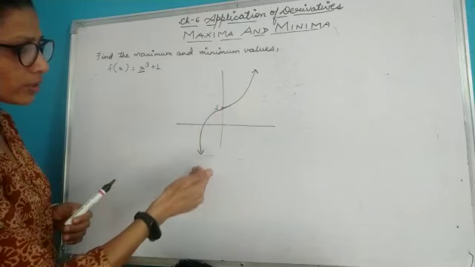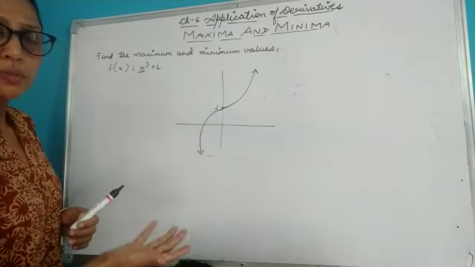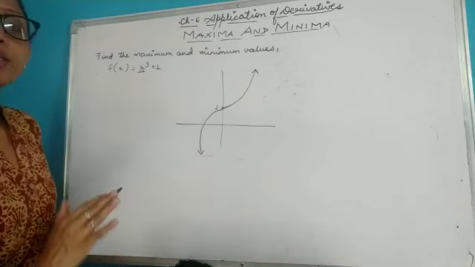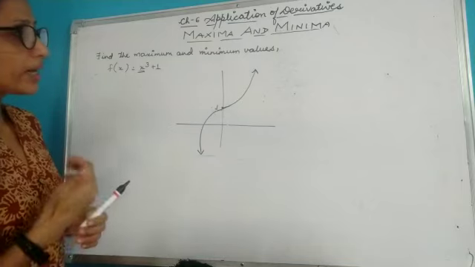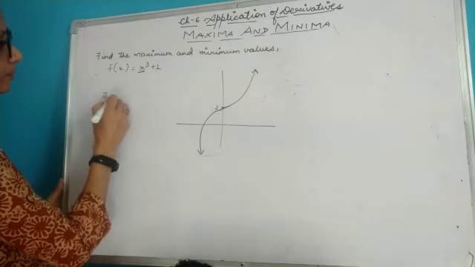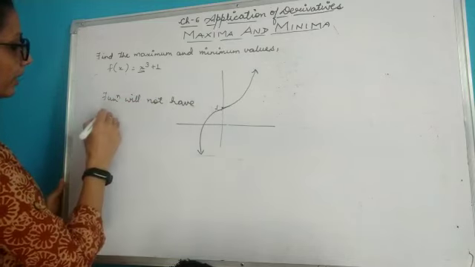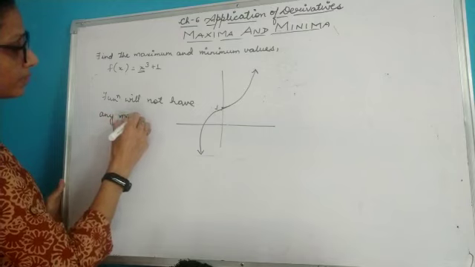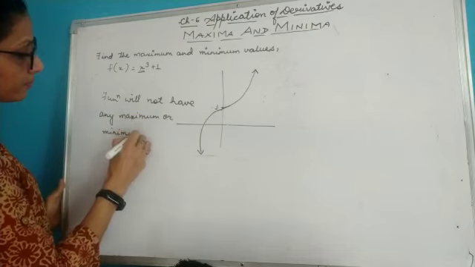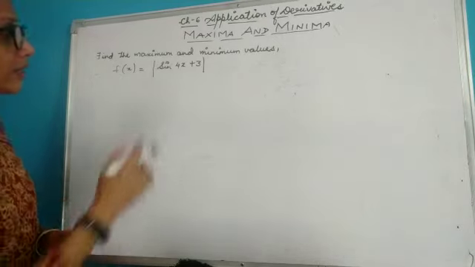Similarly, here it is going till infinity. That means it is decreasing and decreasing. So you will not be able to get minimum value anywhere on the graph. So here this is the function where it will not attain maximum value, and here it will also not attain any minimum value. So here your function will not have any maximum or minimum value. That's it.